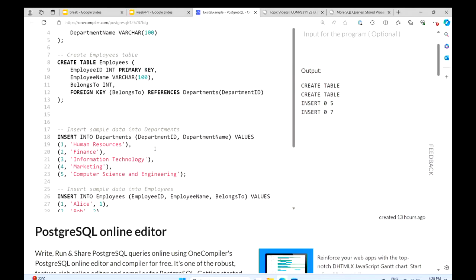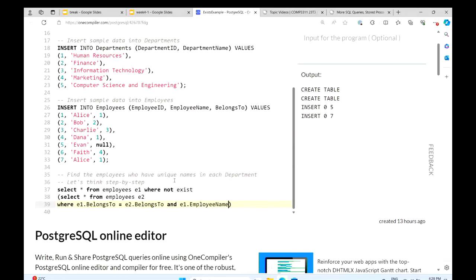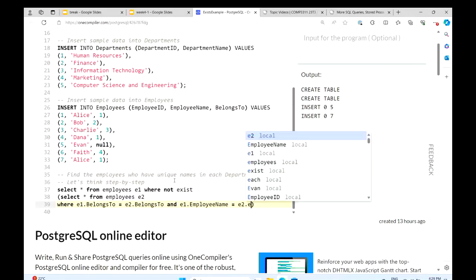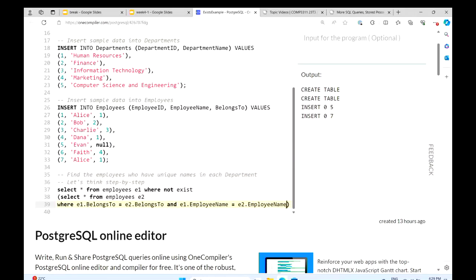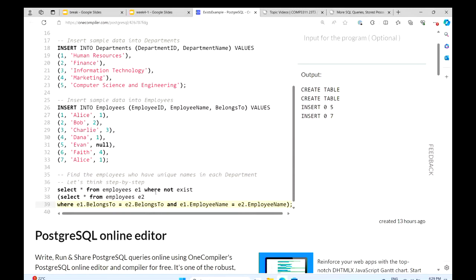E1 dot employee name equals to... so it means that there's no other employee who's inside the same department and has the same name as the employee we want to select. So this will give us the employees who have unique names in their department.